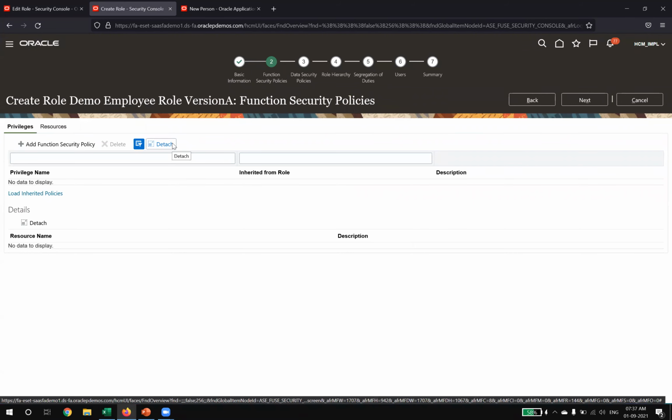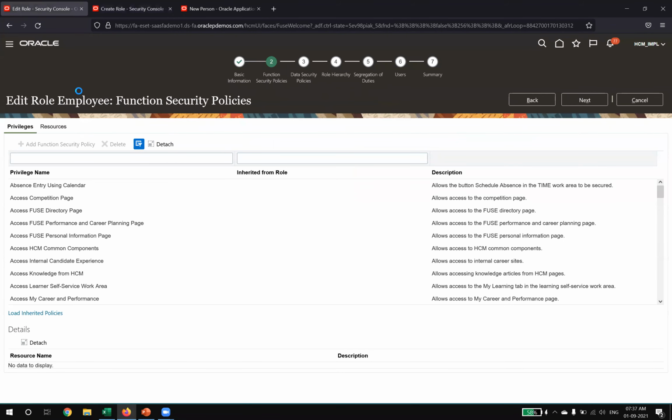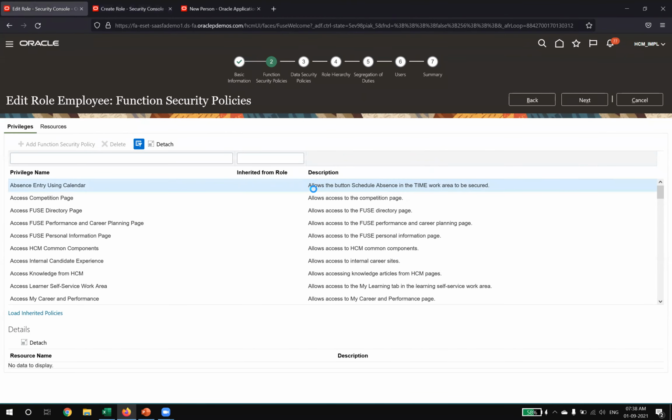Okay, so we are here. Let this one load. Okay, so this one has also loaded now. Here, you are able to see, we'll take the example of this absence entry using calendar, and it shows us the description as well. What it says is that it allows the button schedule absence in time work area to be